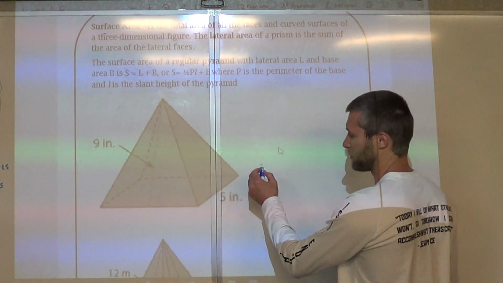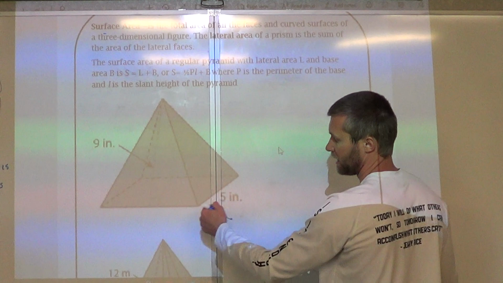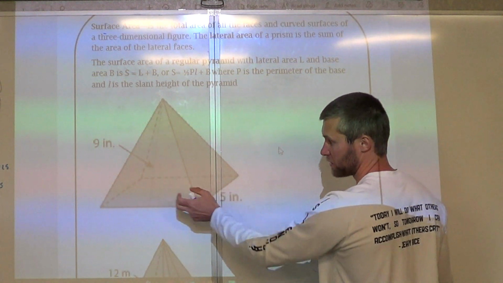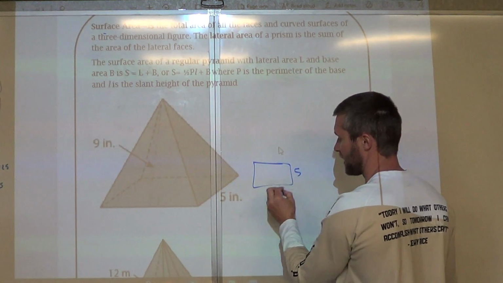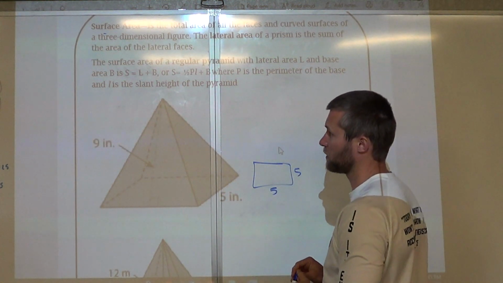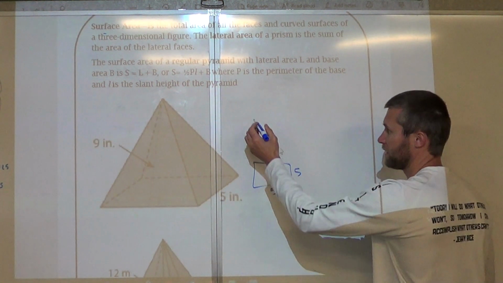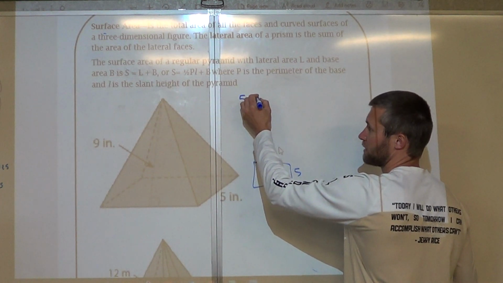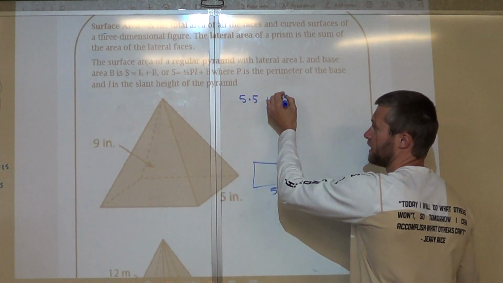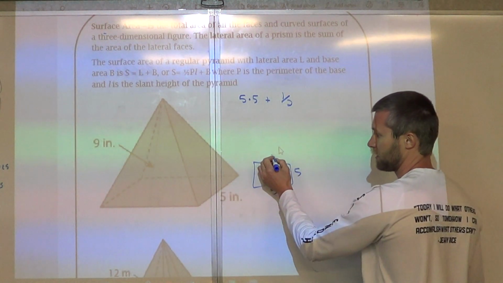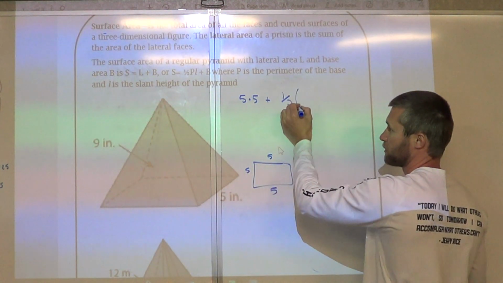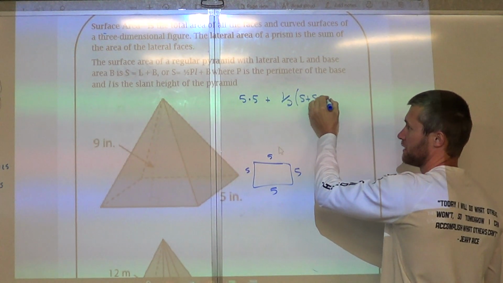One thing I always point out is this is a base. If they just give you one dimension, we can assume it's a square pyramid. So this side's 5, this side's 5. First thing we want to do is find the area of the base. That would be 5 times 5. Plus, then we go 1/2. Now we do the perimeter of the base. So 5 plus 5 plus 5 plus 5, so perimeter of the base